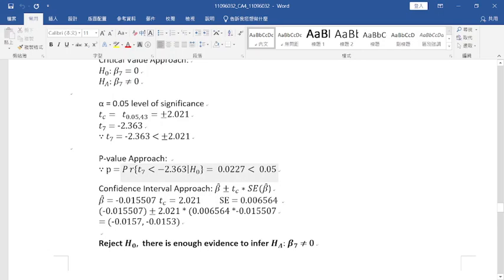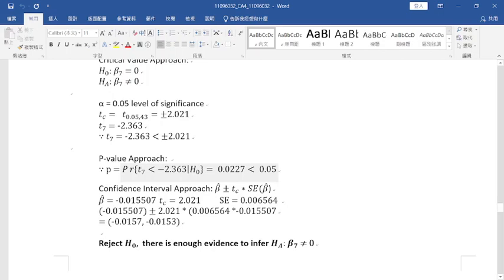So the value that we got from the regression is 0.0227, still less than 5% level. Let me see. Is this one divided by 2 or not? It's not divided by 2, because this is a two-sided test, so we don't have to divide the original p-value. Then the additional step for this one is that we do the confidence interval approach, wherein